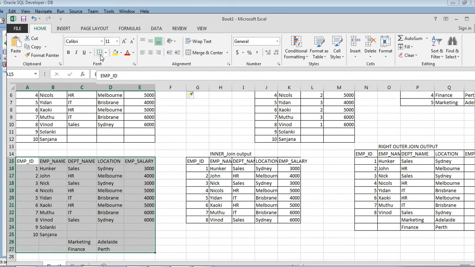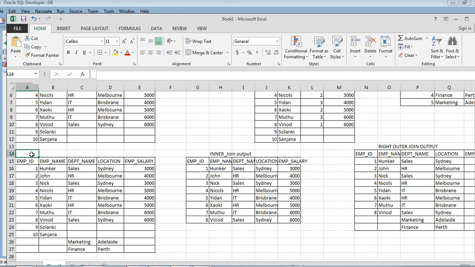Okay, great. This is the full outer join query output. Let us analyze the output.